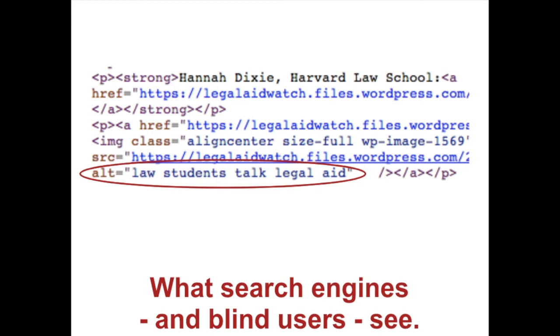You need to make sure that your alt tag and other tags related to the image help search engines to understand what the image is of, and also ensure that blind users understand it as well. It's worth pointing out that Google image search is one of the biggest search engines in the world. It's bigger than Bing, it's bigger than Yahoo. More searches are conducted there than almost any other search engine apart from Google itself.